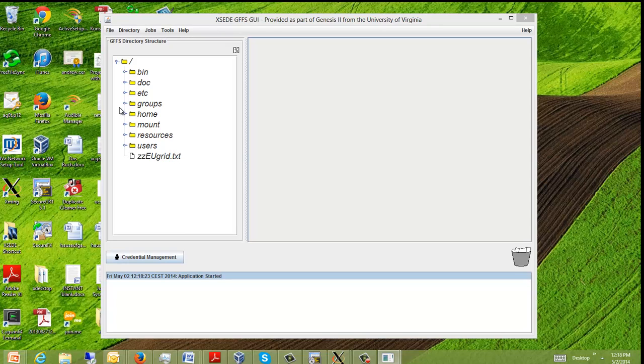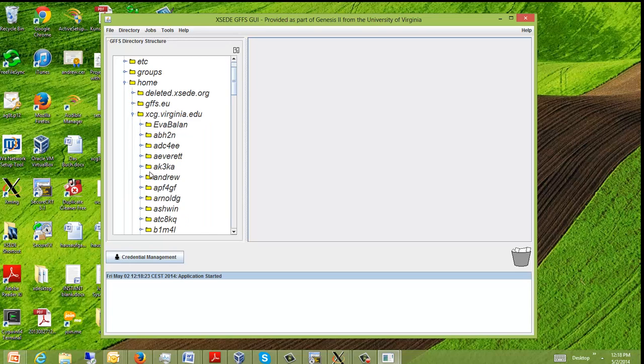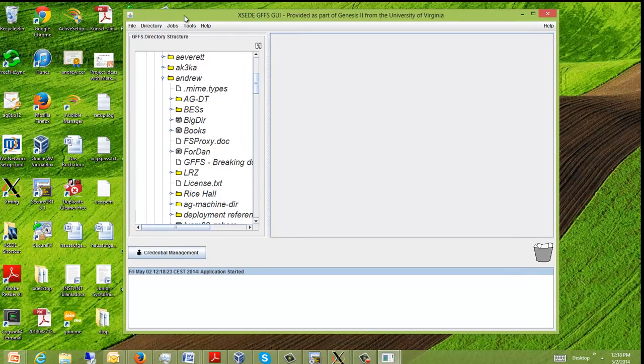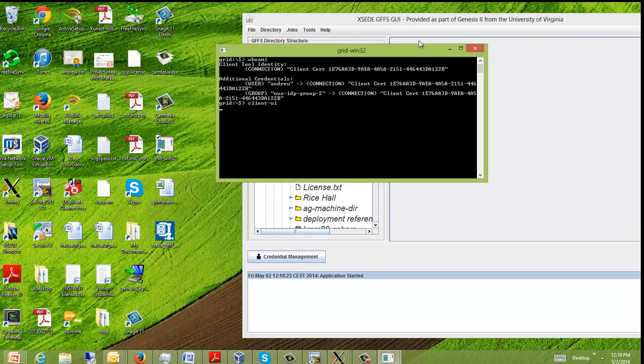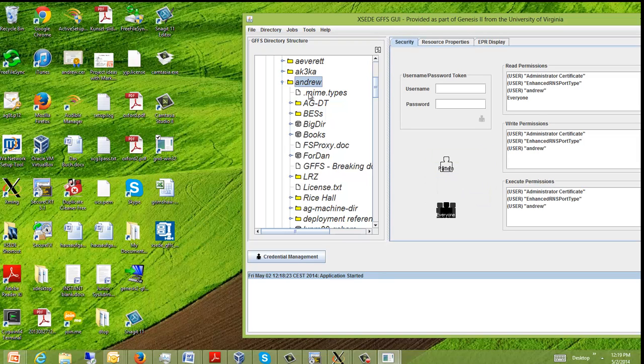I'm going to be using my Virginia identity today, even though I'm using the GFFS.eu. So I'm going to go down into the xcg.virginia.edu. If you had an XSEDE identity or a GFFS.eu identity, you'd go down into that. I'll go into Andrew, and here I am. So we're going to scroll over here. I'm going to put this in the background, select my home directory, and we're going to start by showing how to